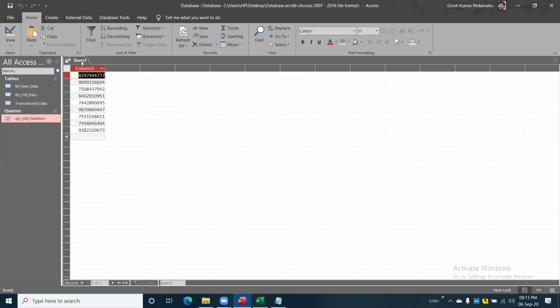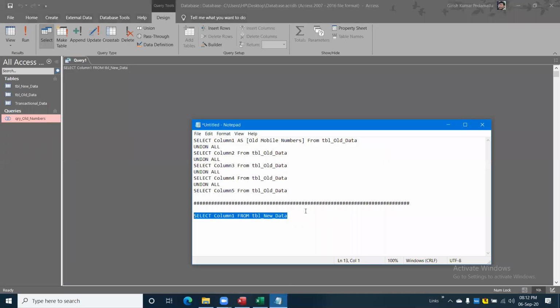Okay, go to SQL view one more time, go to notepad. Here I have 3 columns, right? Enter union all. I'm copying the same 2 records, pasting it over here.